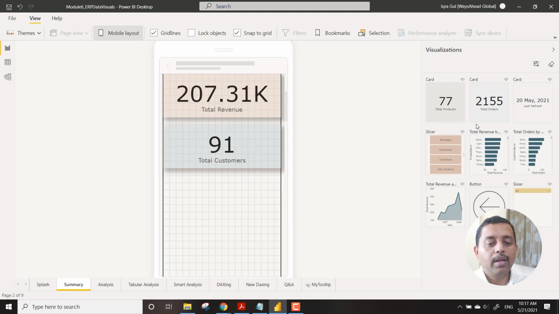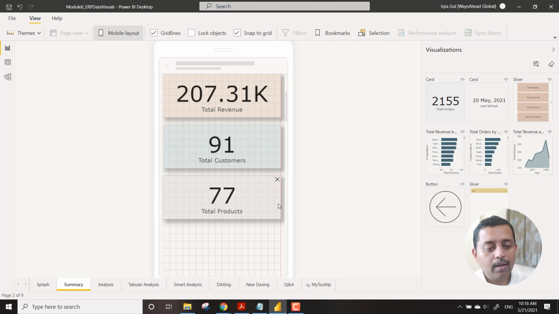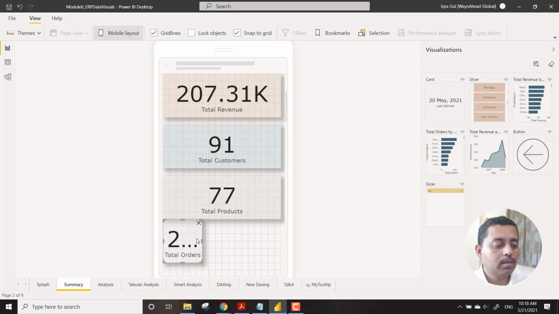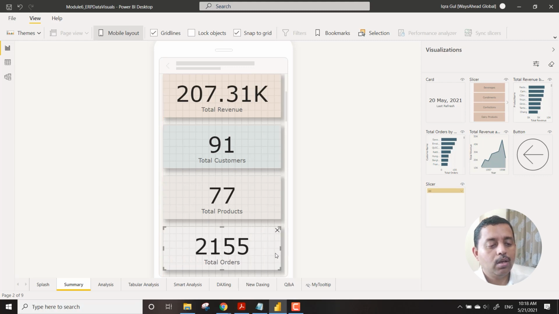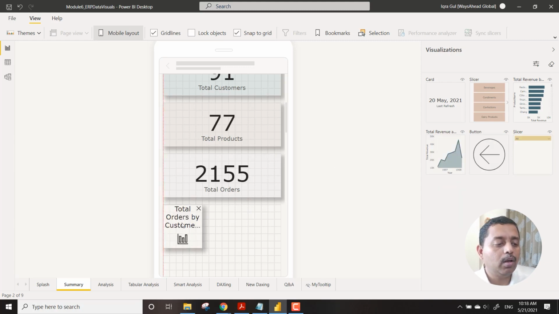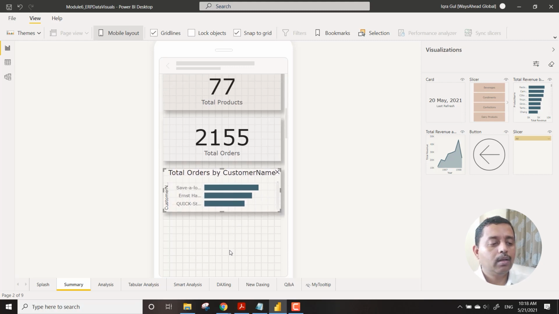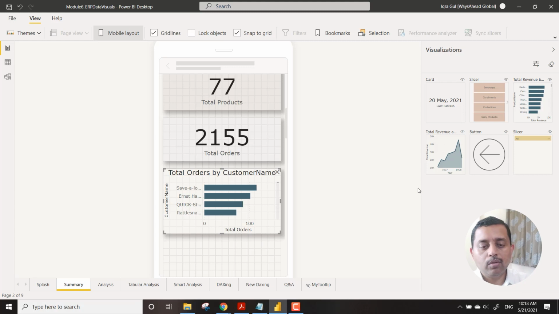Then bringing in the total products that I have. So you can see one by one things are getting removed from the side panel, and then finally the total orders. So you can see total orders. You may or may not bring everything into this. So you can say that okay, I will bring in the total orders, these two, but I don't want to bring in the other data. So you have this data, and you don't want this total revenue over time, so don't want that.